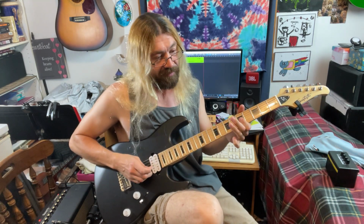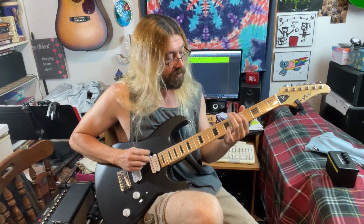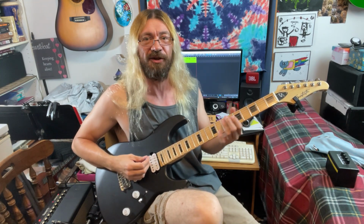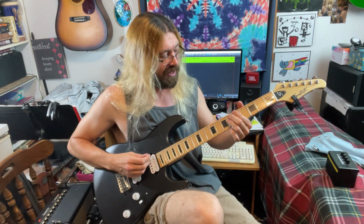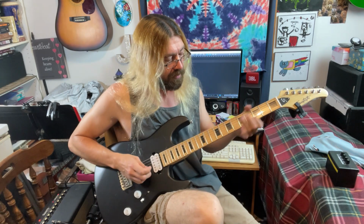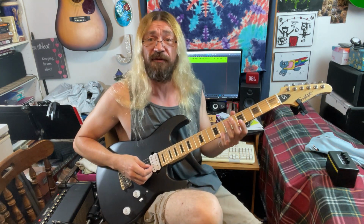Yeah, just like that. Just go up the notes. That's kind of what you do with sweep picking. I just never bothered to learn how to do it fast. I maybe could if I practiced, but I like doing little licks like... Pick it up a little bit. And that's just another A minor chord shape, just up a little bit. Yeah, find different chord shapes in different places and just do those arpeggios, and you can have some fun little,